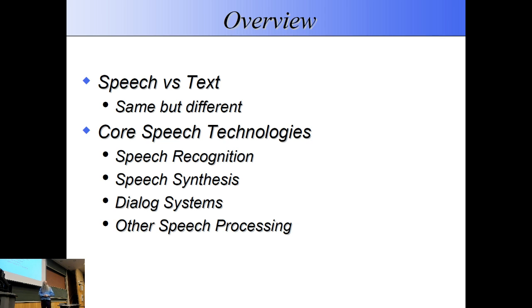I want to talk about dialogue systems, and these are basically things that use speech input and speech output, and they have to do stuff with it. This is what Siri and all our friends actually are. And there are some other speech processing things like speaker ID, recognizing things that are not in the words that people are saying, but how they're actually saying things.